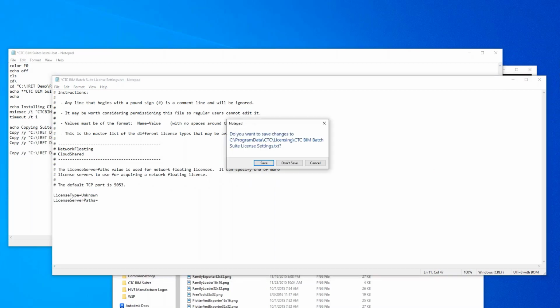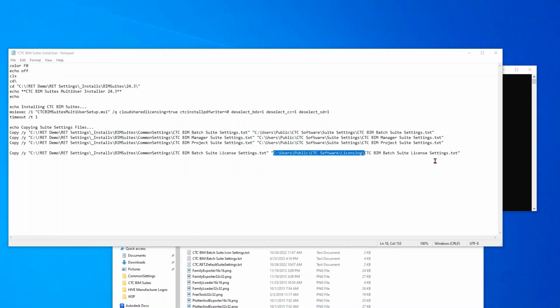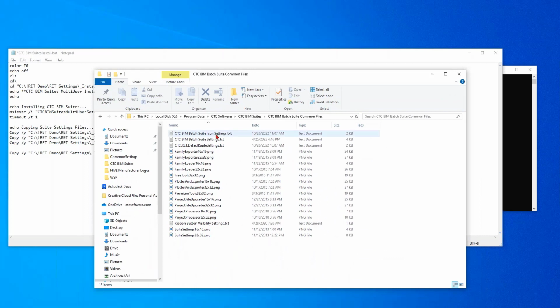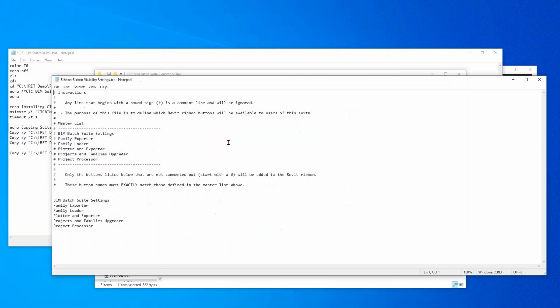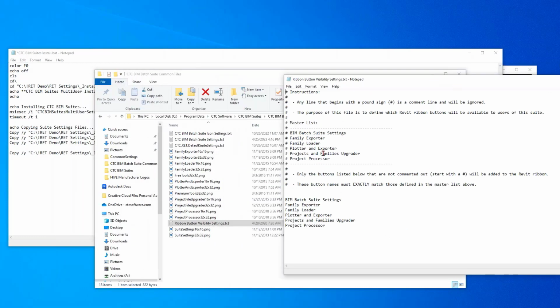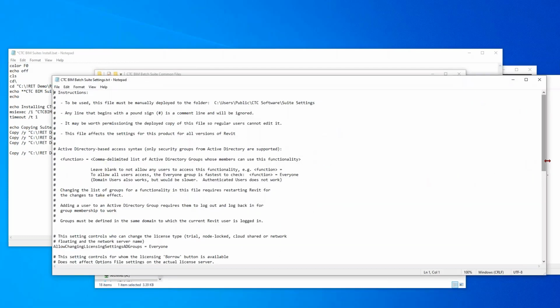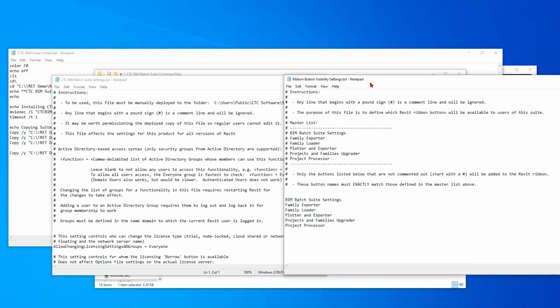All right, this is a perfect time to answer that question. What is the difference between the suite settings and the ribbon button visibility settings? Fantastic question. So there are two suite settings options in here, right? There's the suite settings and button visibility settings. Both, at the end of the day, are doing the same thing. So I'm going to open both of these up real quick and show you what it does. They're slightly different in that